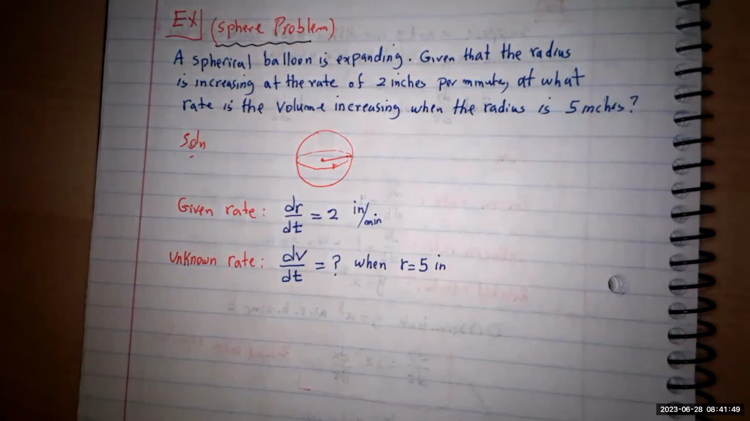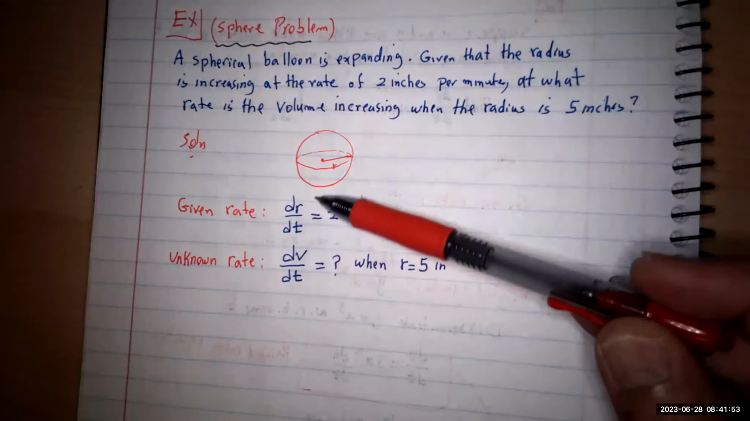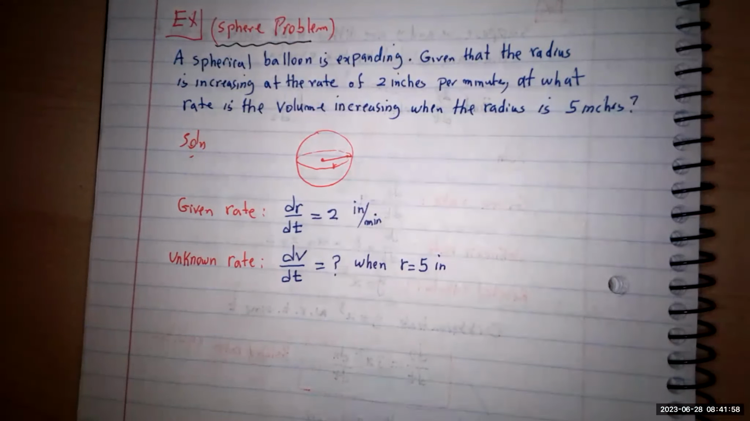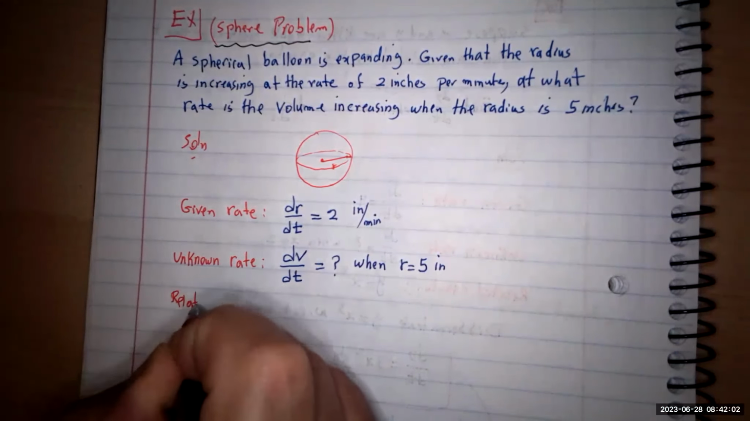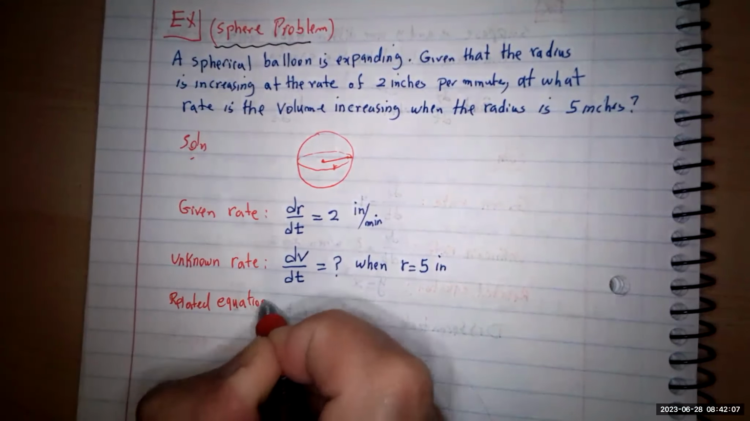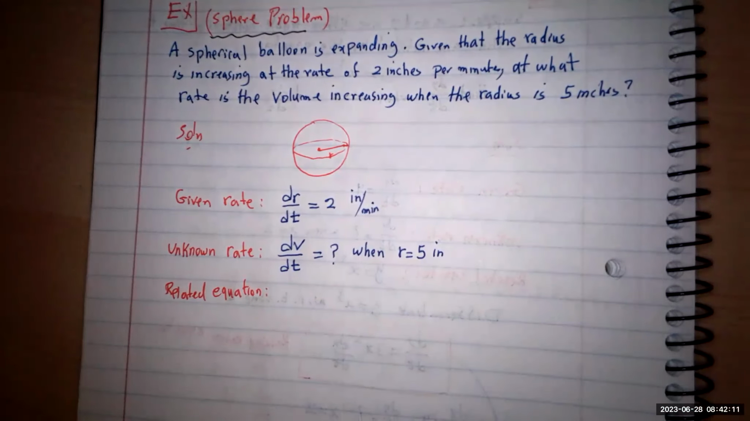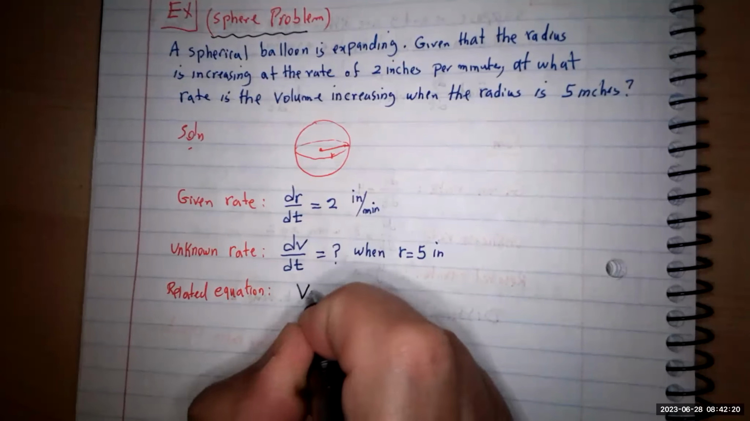No. You need an equation between these two variables that you use, V and r. You need that equation to differentiate. So that equation, remember, it's going to be a related equation. How are we going to relate this together? In this case, it's a volume. Do you remember the volume of the sphere? Anybody remember this one? V equal to,